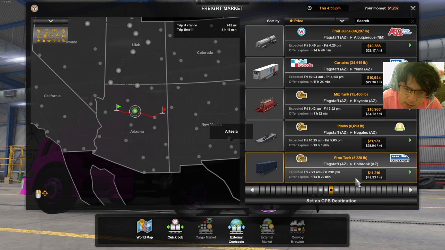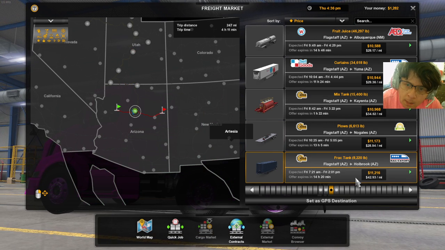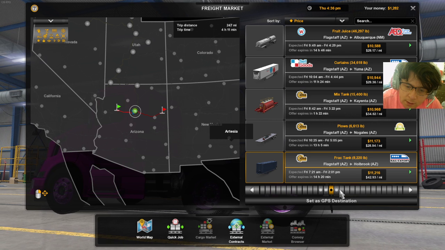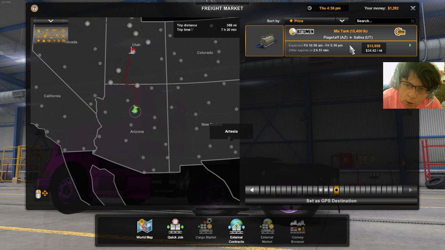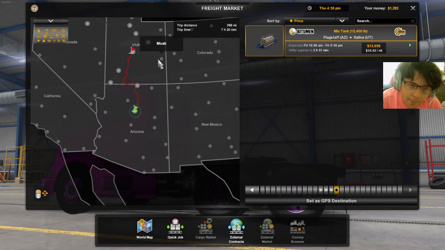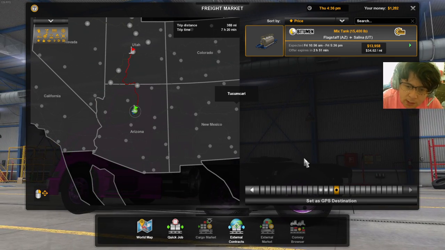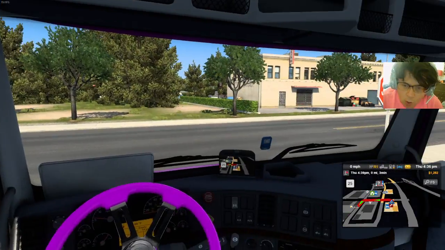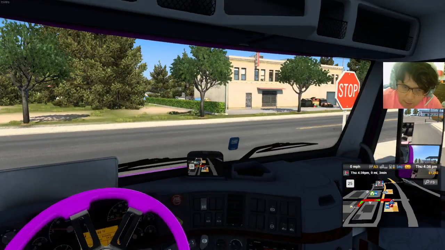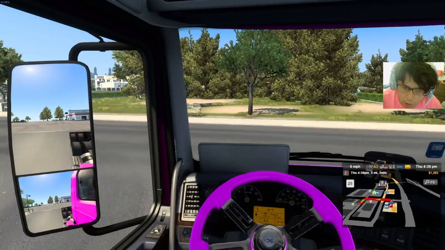Basically, that one says it's from 7:21 a.m. Friday. Oh, this is Thursday. We could do that one. And that means we just go back up to Saline, but it would take a long time. Let's set that as GPS destination. That means I'd have to pull through an all-nighter, and